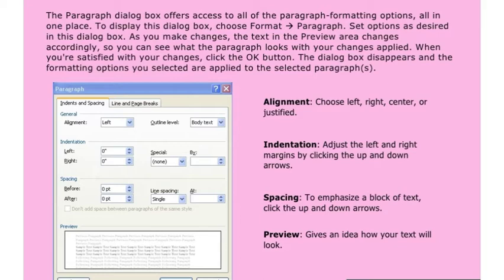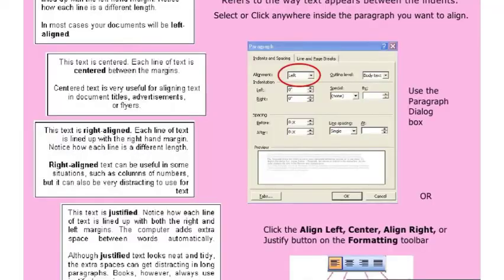To emphasize a block of text, click the up and down arrows. Preview. It will give an idea of how your text will look. Now first about the alignment. Alignment refers to the way text appears between the indents.